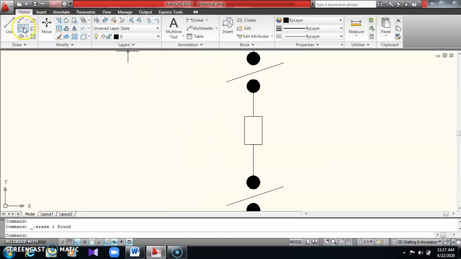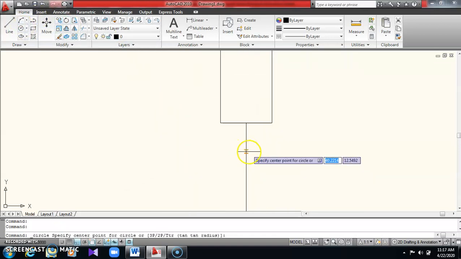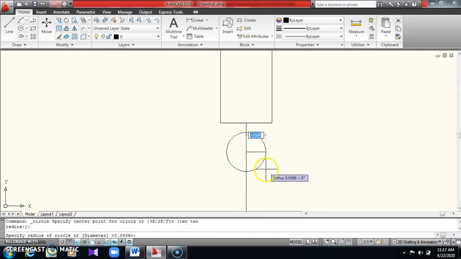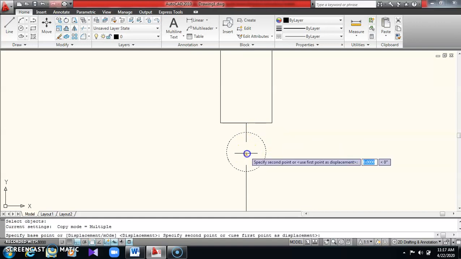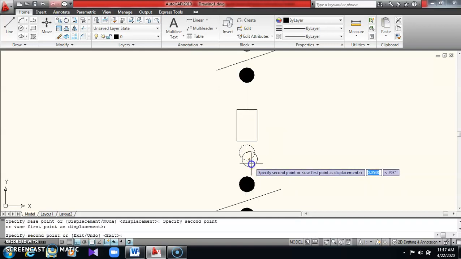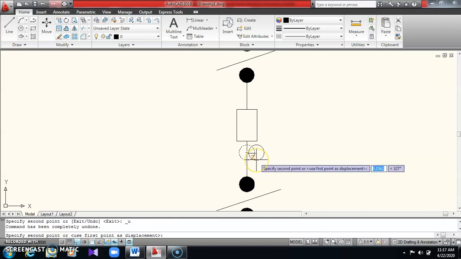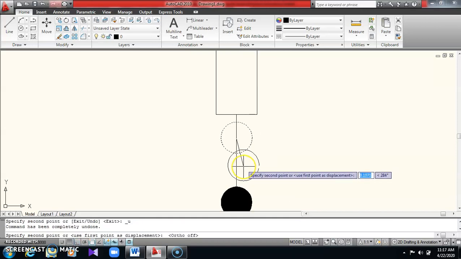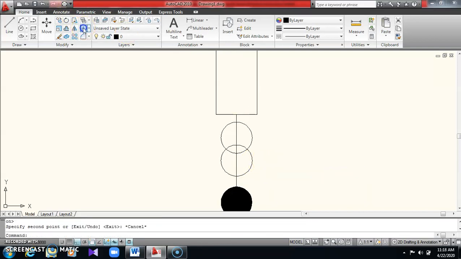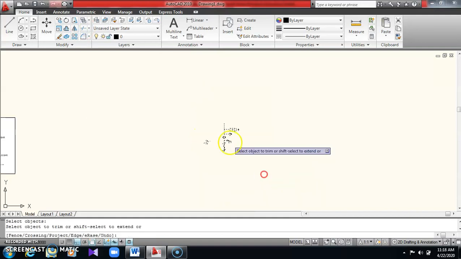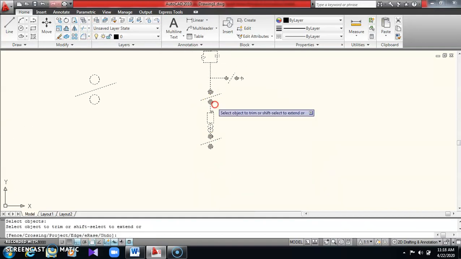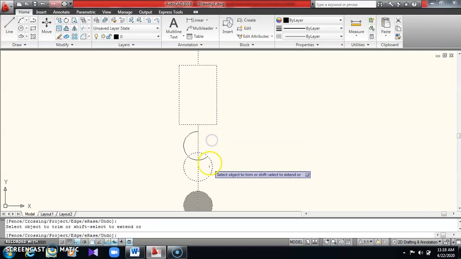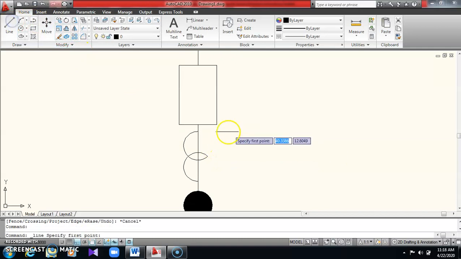So now CT you have to provide, so draw a circle, copy this, paste over here, F8 to make it on, F8 to make it on, and paste over here. So now trim this, select the full diagram and trim this. Okay. So this is called CT.